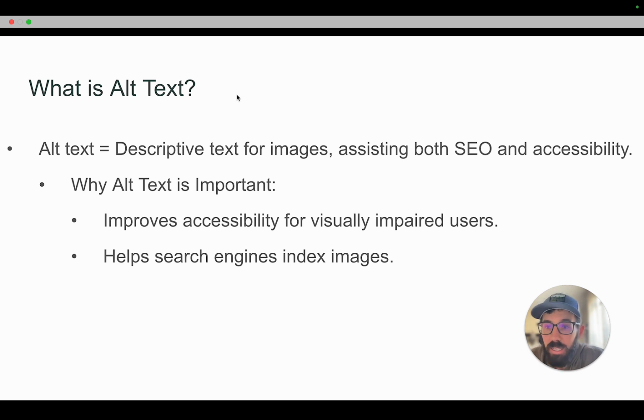Next, alt text. So alt text or alternative text is descriptive text for images that assists both for SEO and accessibility. Why is it important? It improves accessibility for visually impaired users. This is the number one reason why it's important. It can help search engines indexing images and understanding images,